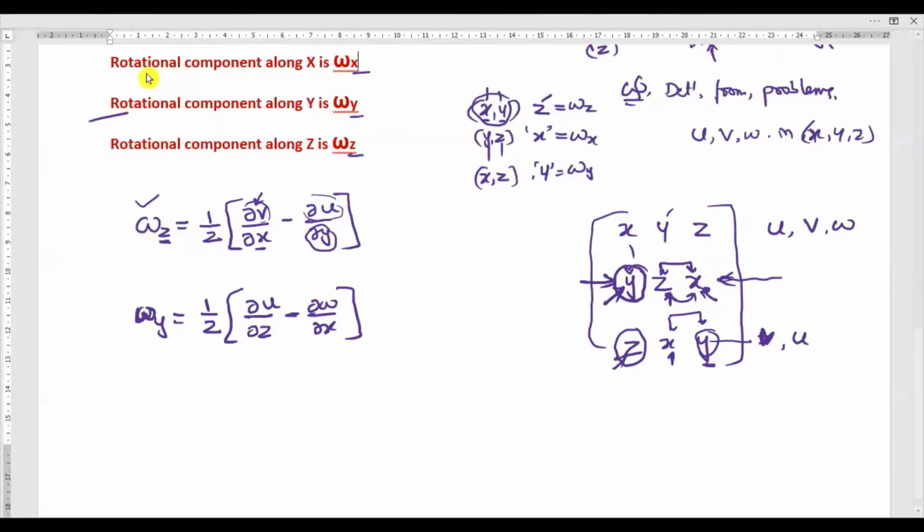Similarly, you will write one more equation, the rotational component along Z. Rotational component along Z is over, Y is over. Now you write for X. X is equal to, so I will take this shuffle order, X, Y, Z. If you are taking this X plane, you neglect it. The remaining two planes are Y and Z. Only two planes, so I take 1 by 2. Open the bracket.